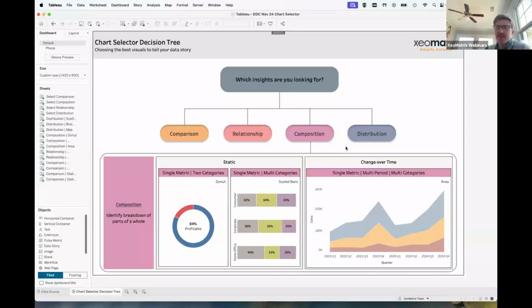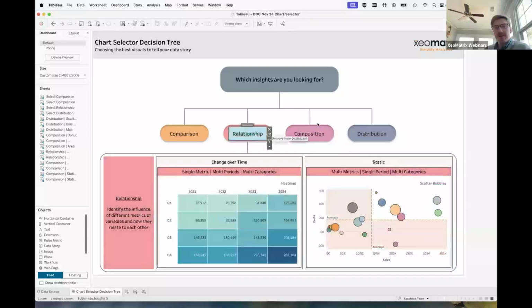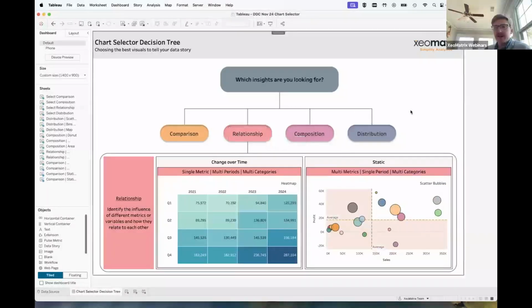Lauren, we did have a question from Xavier on the relationship module. He asked, with the static chart shown, what kind of benefit have you seen with adding in a moving visual that takes into account a time series? Basically, creating a story that shows the bubbles and how they move over time, so we can see which areas are going above and below averages.